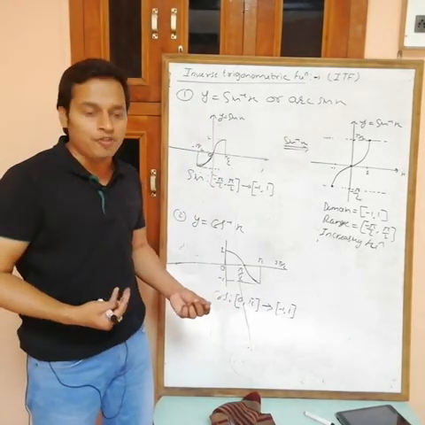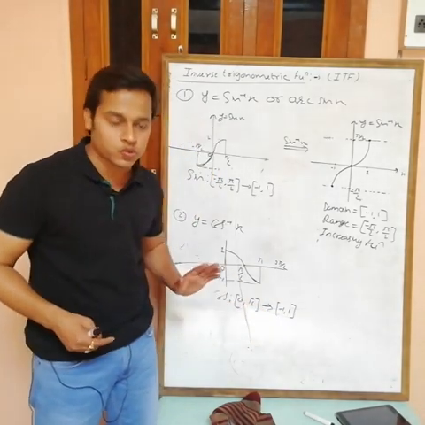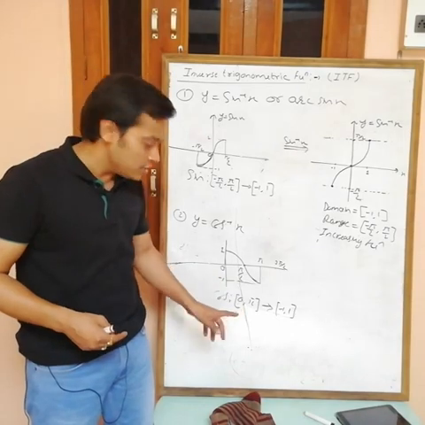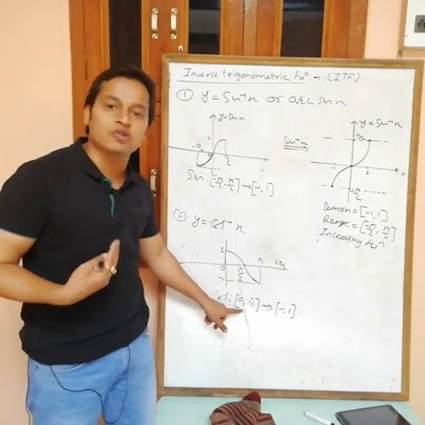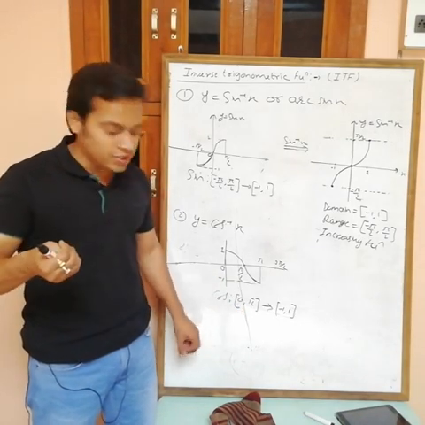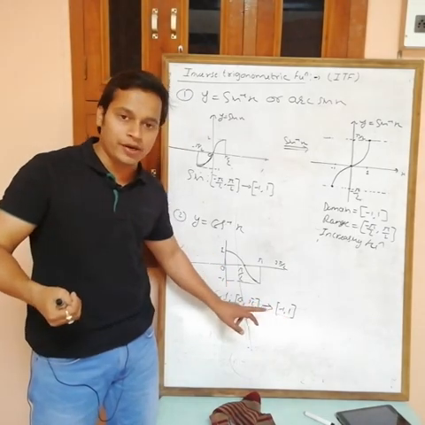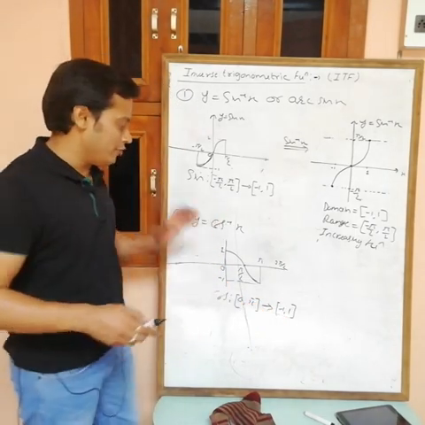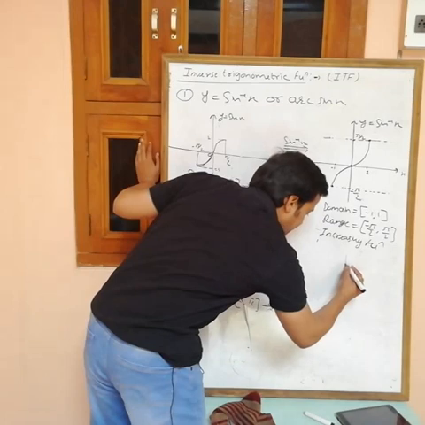It means the domain of cos inverse is -1 to +1 and the range of cos inverse is equal to the domain of cos, that is 0 to pi. So for cos inverse, the domain is -1 to +1 and the range is 0 to pi. Okay, now cos inverse. So just see,